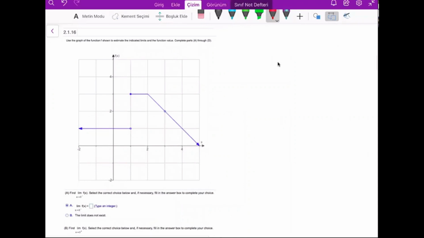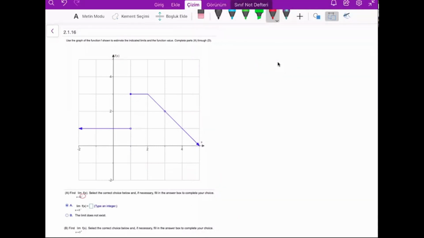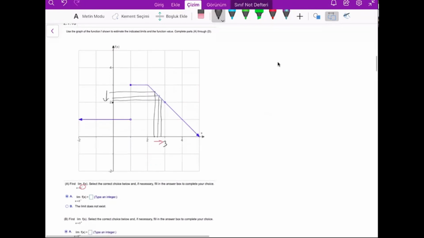Okay, let's look at this question. Here we discussed the limit at the point 3 from the left side first of all. So where is our point 3? 3 is here. Let's approach 3 from the left side. Okay, so at that point the function value is this one. At that point the function value is that one. Let's make an observation. This is the function value. This is a new function value. When we approach 3 from the left side, this is another function value. So the function value approaches 2. Okay, we can observe. So this is 2.